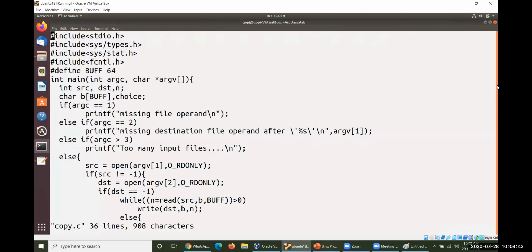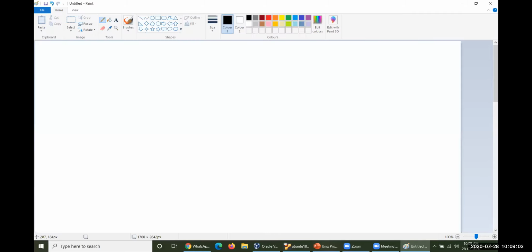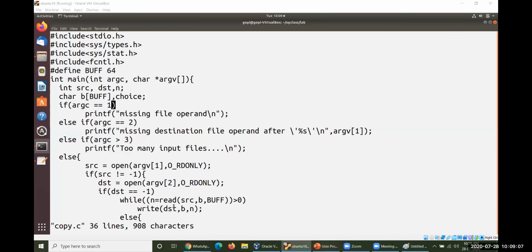Look at this. Here the buffer value has been taken as 64. It is always preferred to take powers of 2 only. And we would like to check each and every point here. So I have already given some number of points here. Let us check what points you would like to consider while doing this particular job. You need to check everything.